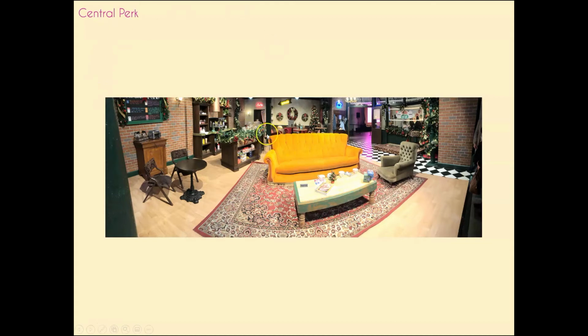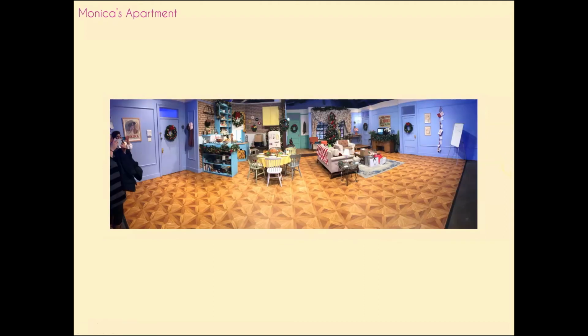Worthwhile mentioning as well that obviously the couch is quite iconic in itself. That's reminiscent of the title sequence, which is something else we got to recreate at Friends Fest. Monica's apartment then, again, taken as a panoramic shot. Again, you can see the tape here. The tape would indicate where the audience would be, so they would be back this way, facing into the apartment. Monica's apartment was absolutely massive,